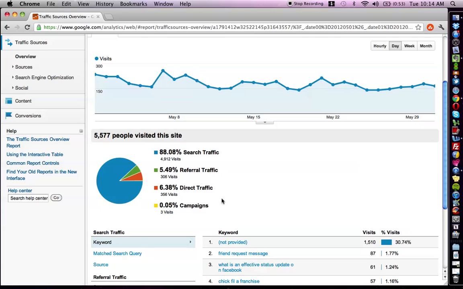So again, just from a terminology standpoint, referral traffic is basically if you had links on another website, and people are clicking those links on other websites to get to your site. And direct traffic is primarily people putting in your web address, so people going to their browser and typing in